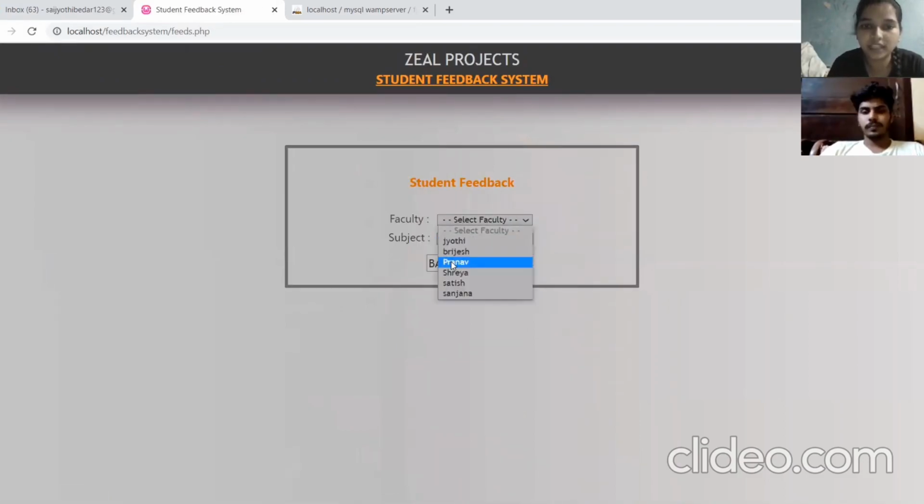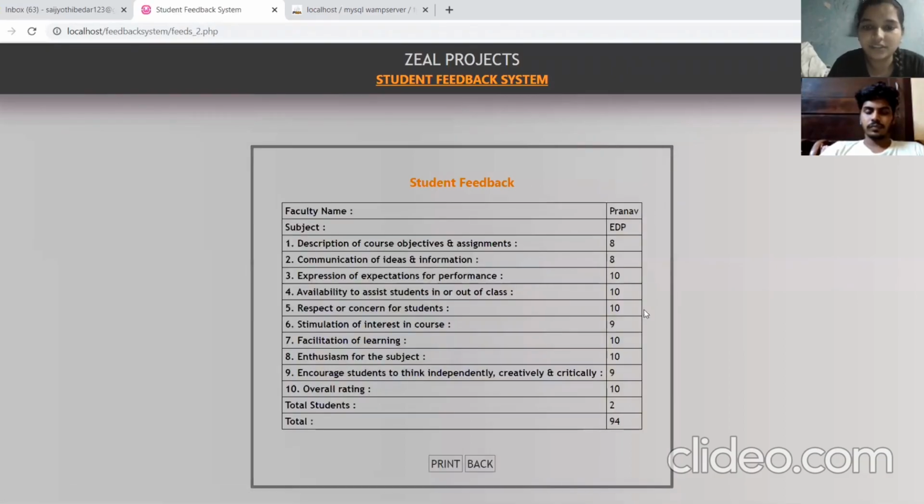Then here we are going to select the faculty, that is Pranav, and the subject, which is EDP. So next. Here we are able to see the total number of students who have given the feedback, that is 2, and the total percent of marks that the students have given to the particular faculty.